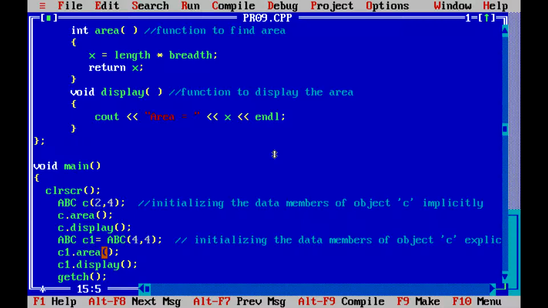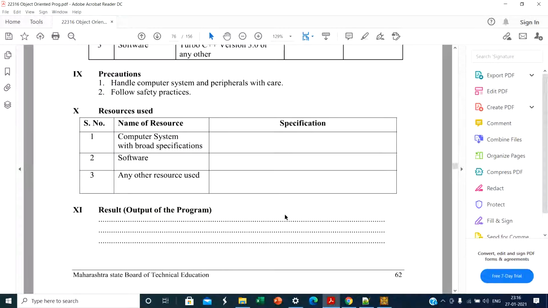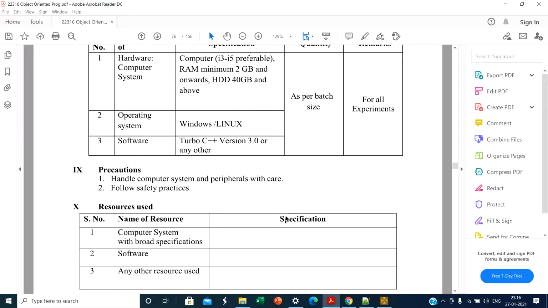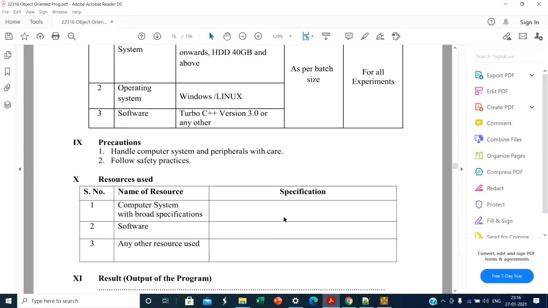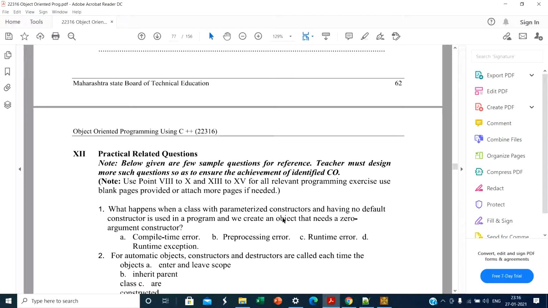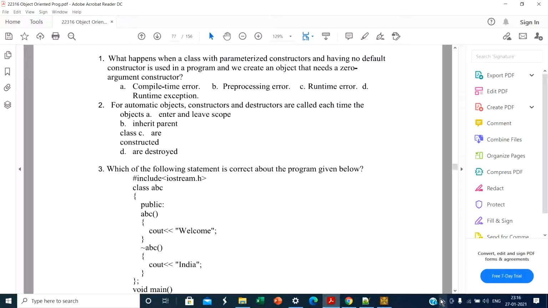We can create any number of objects, or call the constructor any number of times, so for different values we call the different constructor. So this is the concept of constructor. All students, try to execute this practical, because constructor is a very important topic in C++, and in future also for Java it is a very important topic. Okay, so thank you.